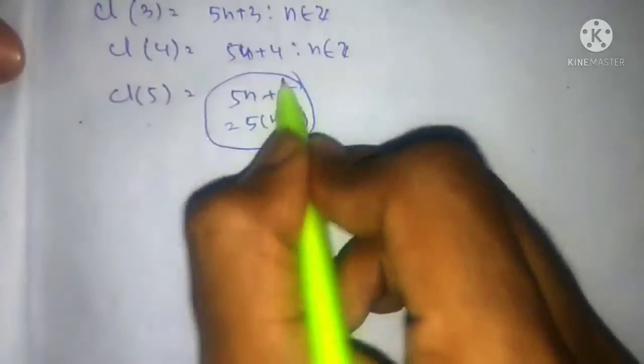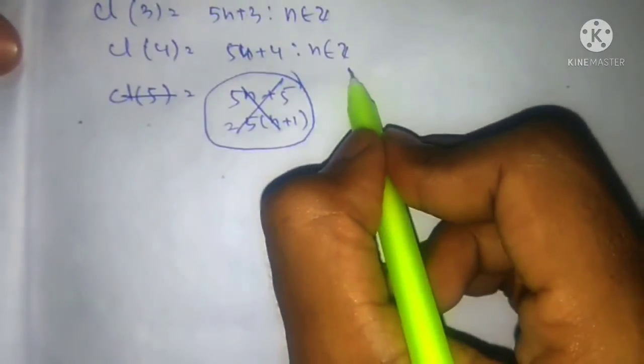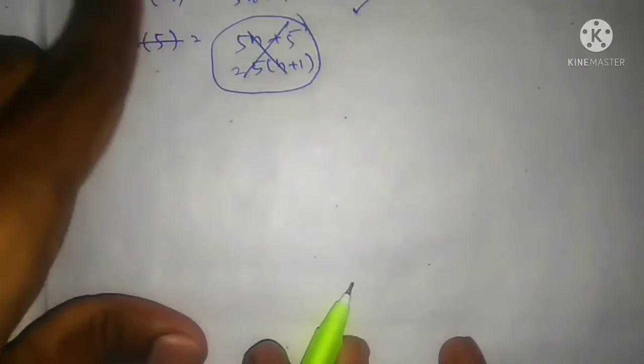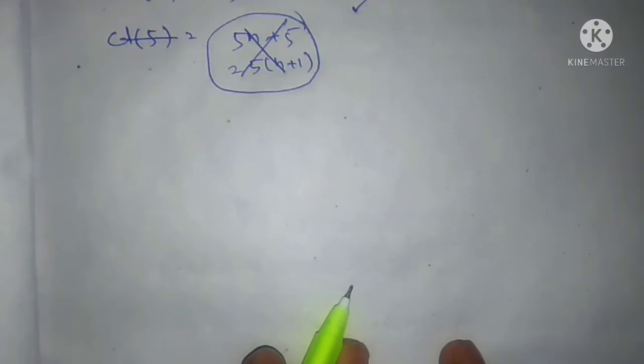This is also a multiple of 5, so it is the same as 5n, the first case, class of 0. Okay, there are 5 distinct equivalence classes,